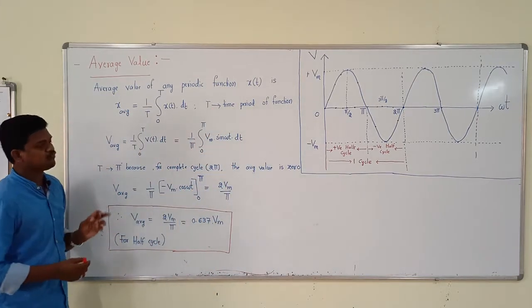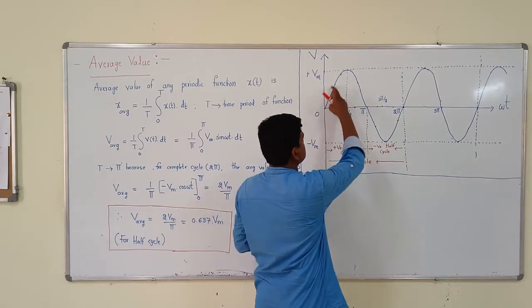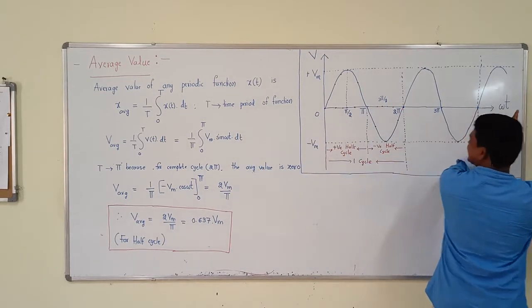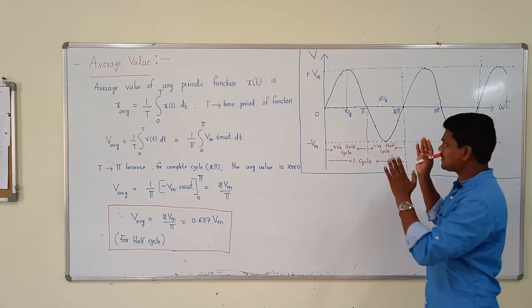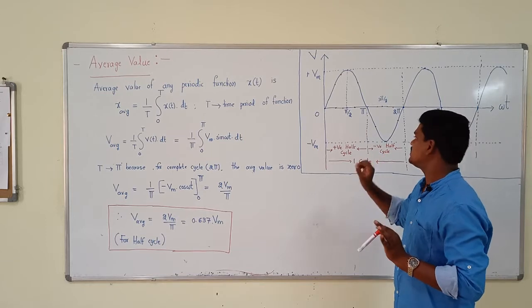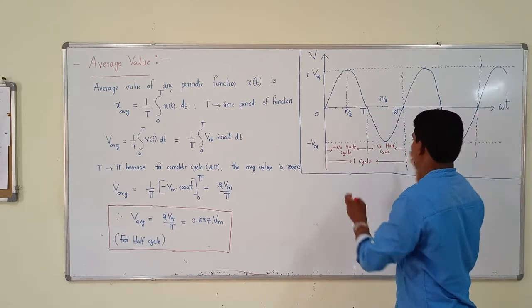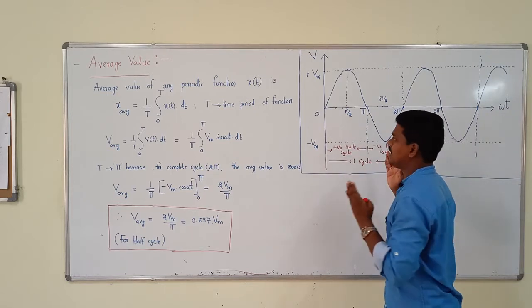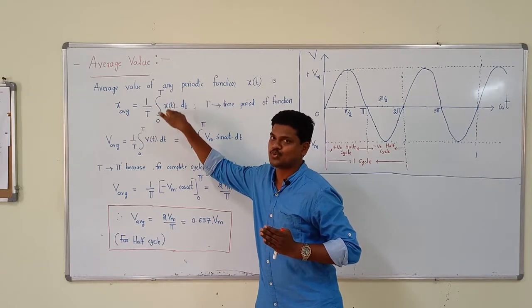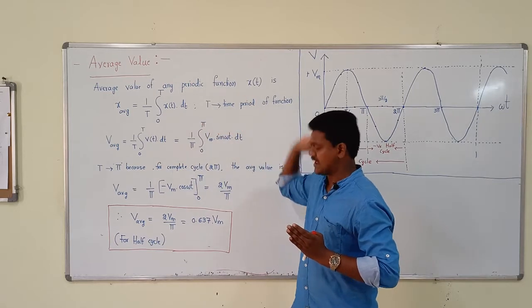What is a periodic waveform? For a particular period it will repeat. Look here, this is the particular waveform, and it will repeat like this. So that is the periodic waveform. What is T? T is the time period, meaning after a particular time it will repeat. Look here, this same wave is nothing but the time period, and we are integrating from 0 to T, that means 0 to the time period, of that function with respect to t, and we will get the value.